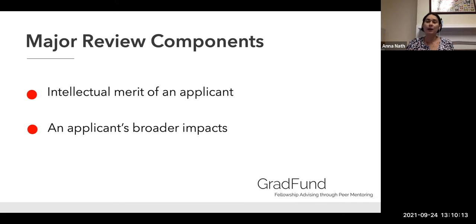They're looking at your intellectual capacity for the project, your intellectual capacity as a researcher, and then, of course, what impact you're going to bring to the larger world, right? Because again, this is not just academia. This is bigger than your project. This is bigger than your dissertation, et cetera. So